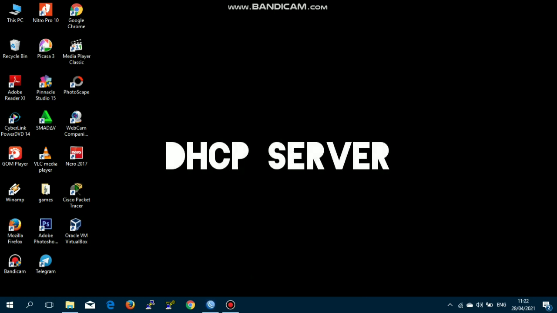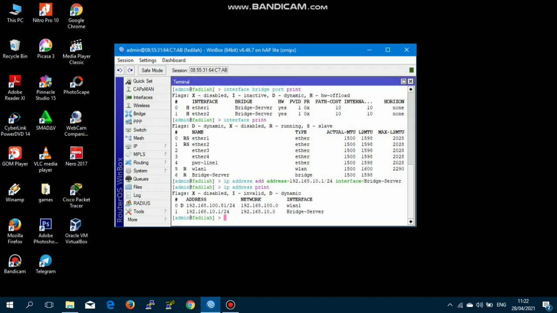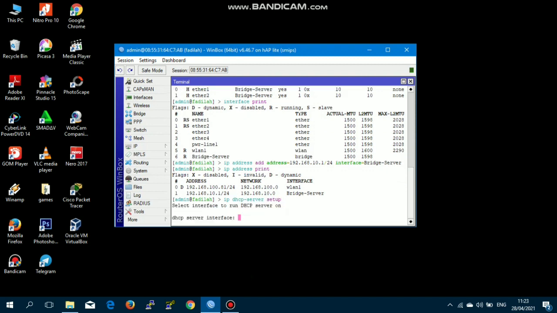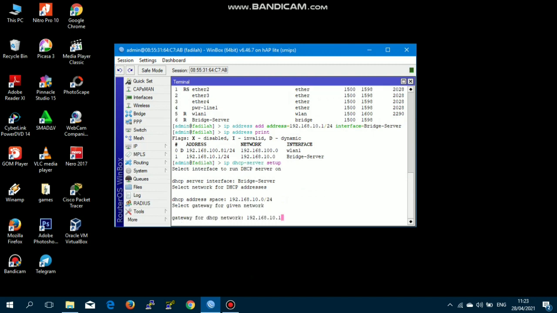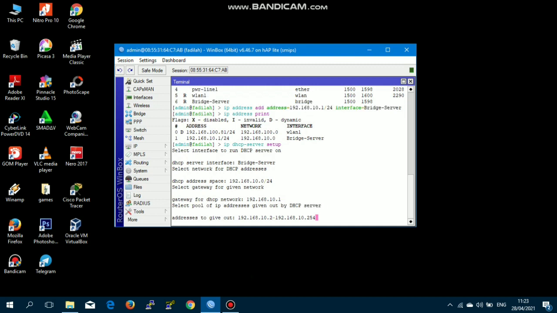DHCP server configuration. We create a DHCP server for this bridge server interface manually using the command IP DHCP server setup. For DHCP server interface, I use bridge server and this DHCP address, and this for gateway, DHCP network, this range address.